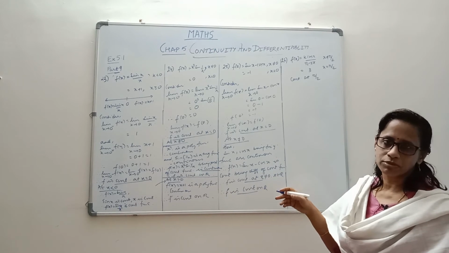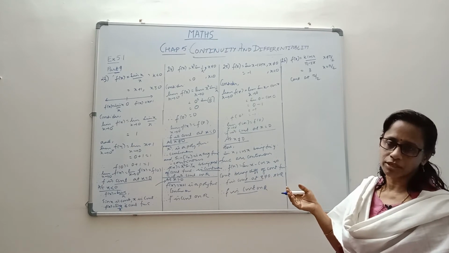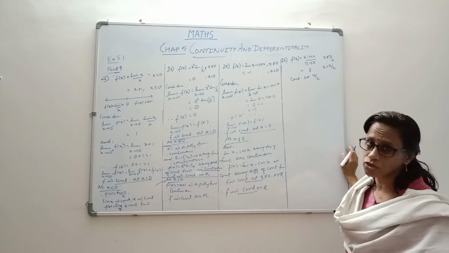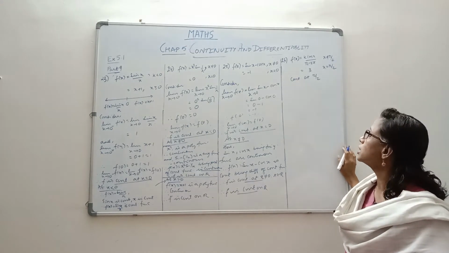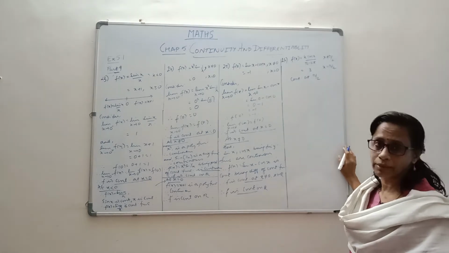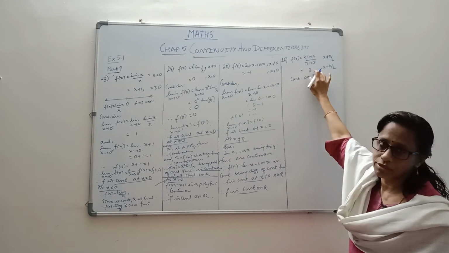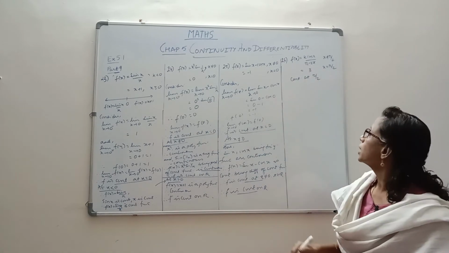In between, one or two problems we did where continuity was given and we were asked to find values. Now we are coming to that same idea, where they give us continuity but ask us to find an unknown. The function is continuous at x equal to pi by 2, but you have to find the value of k in this particular case.